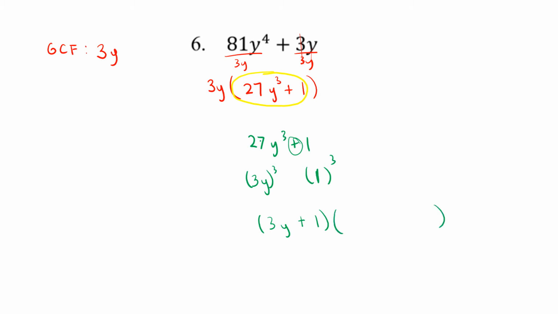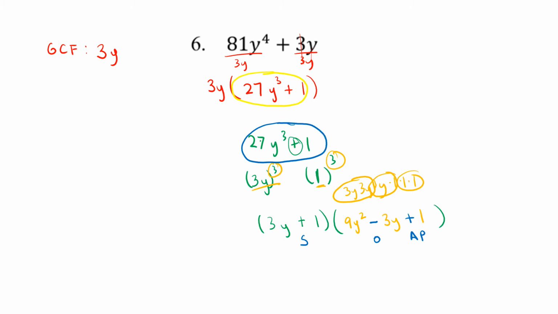To find that second parentheses there, again, we write 3y 3 times, 3y, 3y, 3y. We write 1 3 times, 1, 1, 1, and we pair them up. 3y times 3y is 9y squared. 3y times 1 is 3y. 1 times 1 is 1. To finish it off, fill in the signs. That's where we use SOAP, same, opposite, always positive. Same as the original is addition. Opposite from that is subtraction, and that's always positive at the end,